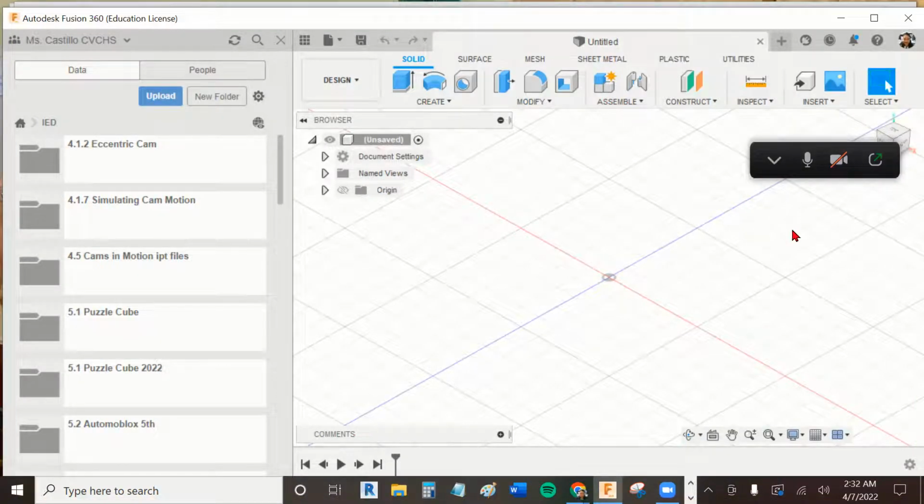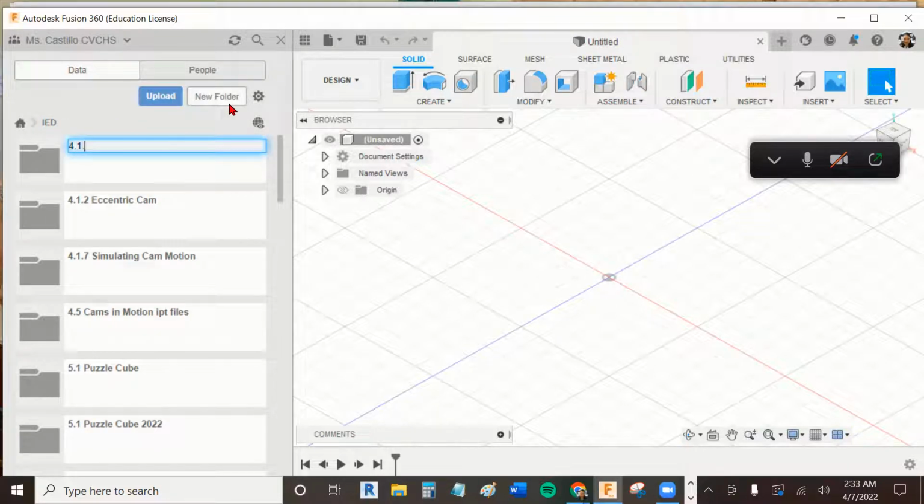Okay, in this video, I'm going to show you how to do 4.1.9. We are going to create the Automata box with 2 eccentric cams. So let's get started. Okay, so here in your ID project folder, go ahead and create a new folder. We're going to name this 4.1.9